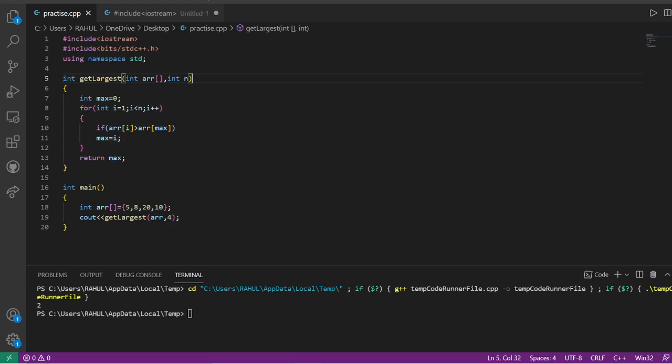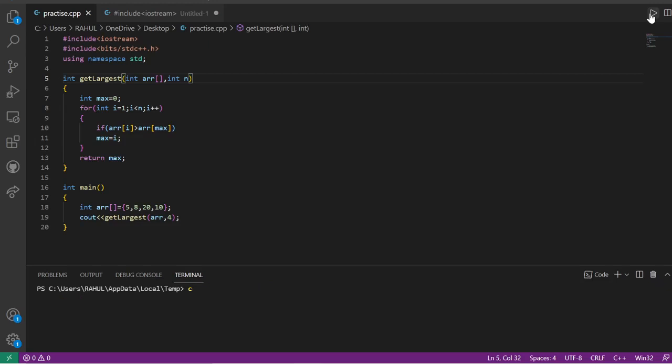In this case the time complexity will be big O of n, because whatever be the case, the array will be traversed completely once. That is why the time complexity for this case will be big O of n, and there will be no average or worst case time complexities in this case, because at least one time the array should be traversed. So for this case also we should get the answer as 2. As you can see, we have received the answer as 2.